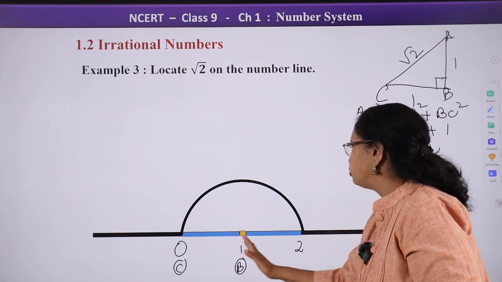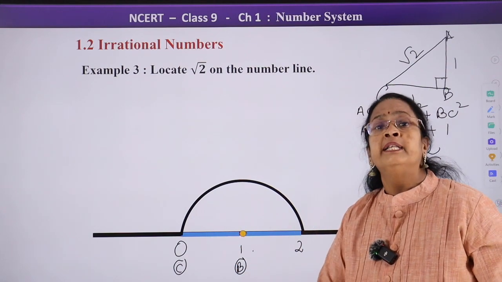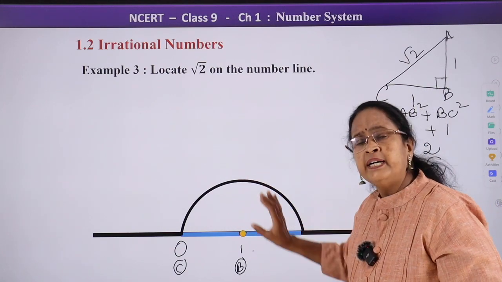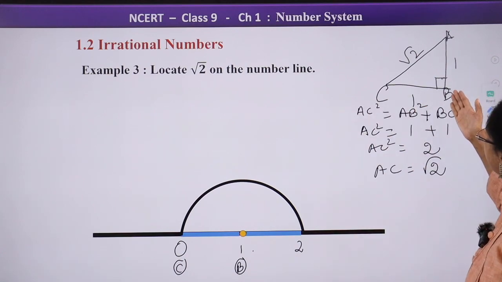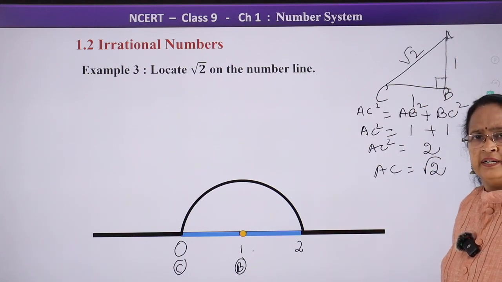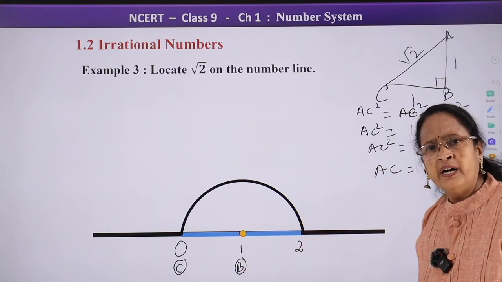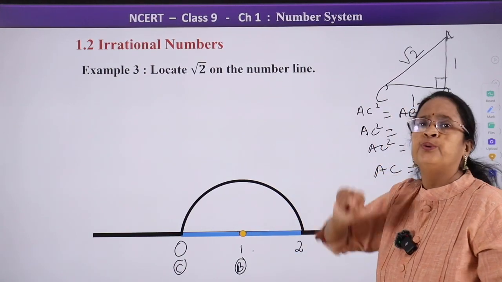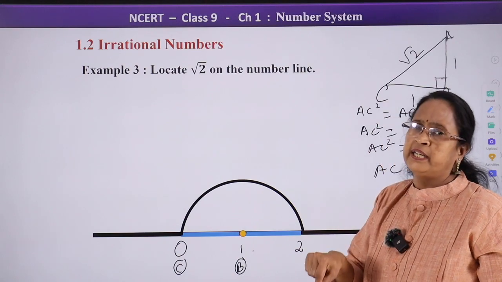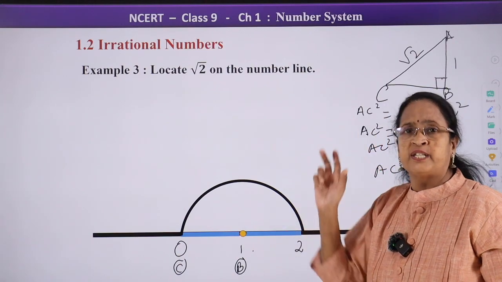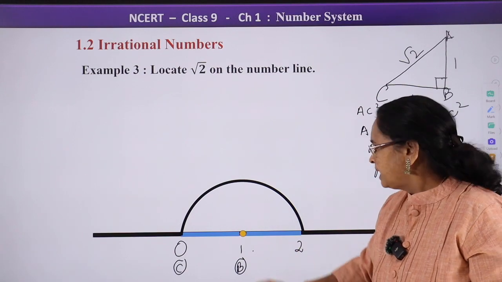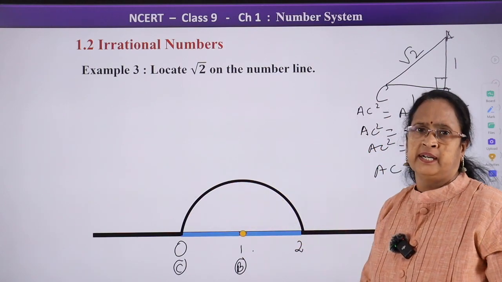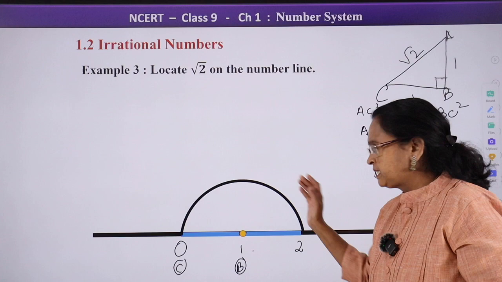The first step is to draw the points on the number line. The next step, to draw 90 degrees, I have taken 1. Why did I take 1? Because here the 90 is at 1. So this B is over here. So at 1, I need to draw 90 degrees. For that, I need to use a compass. I took 1 centimeter radius for my convenience, and taking 1 as center, I drew a semicircle. Done? So the semicircle is drawn.